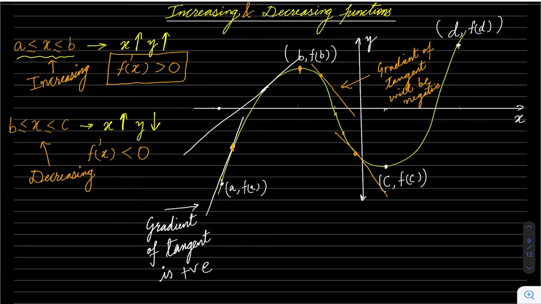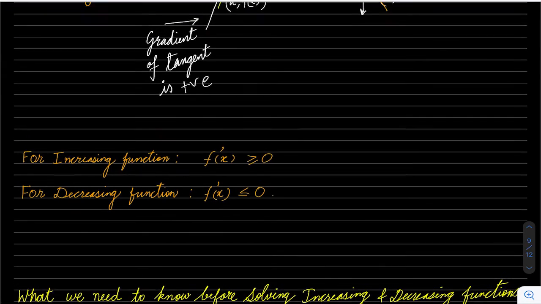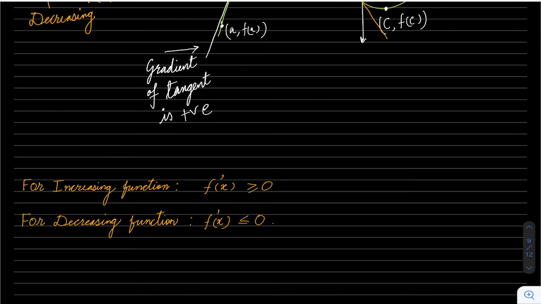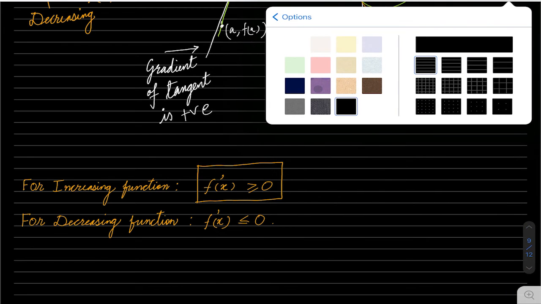So this is what is known as increasing and decreasing functions. For one function in separate intervals, it might be increasing, it might be decreasing, it might be neither also. So it depends. So that's the basic idea of increasing and decreasing functions. Now, I can talk more about this also, but I think this much is more than enough. Okay. Now, what's the result that we are getting from this? The result is, for an increasing function, f dash x should be greater than or equal to 0.